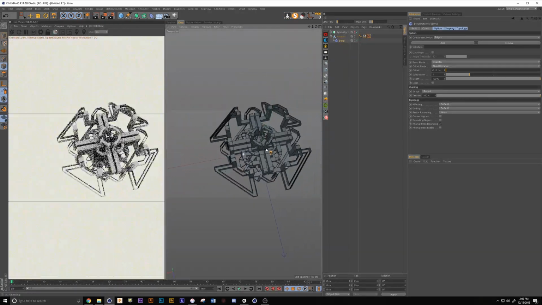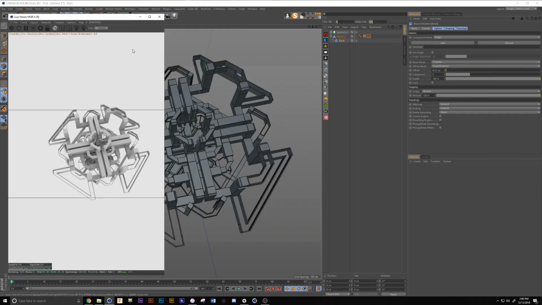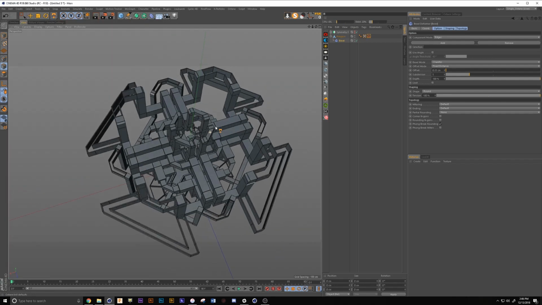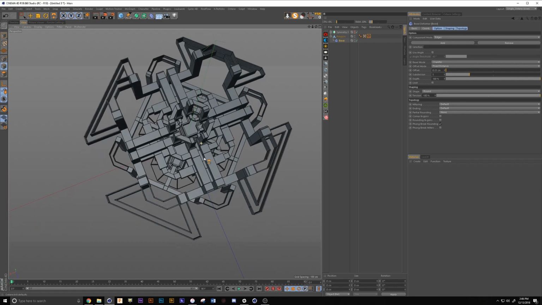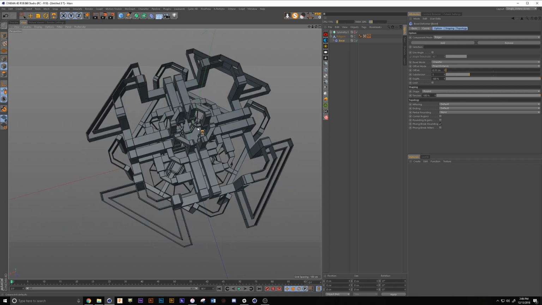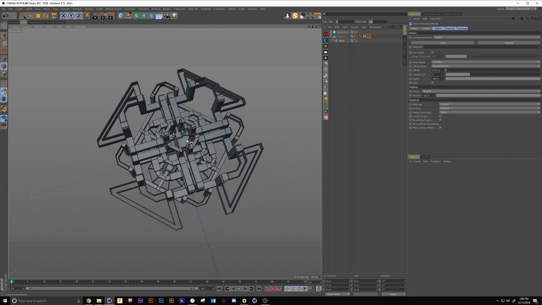So we've got our main element here. And again, I'm going to get rid of this because we don't really need this right now because we're not doing any lighting and texturing. So here's our main element. We've got some bevel on it. Now what do we do next? Alright, well,